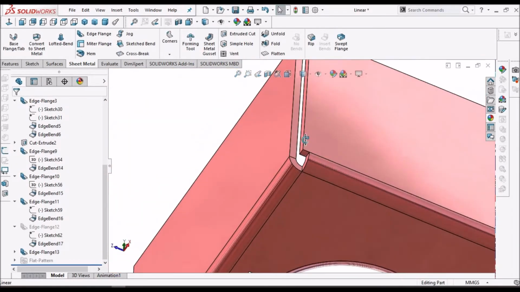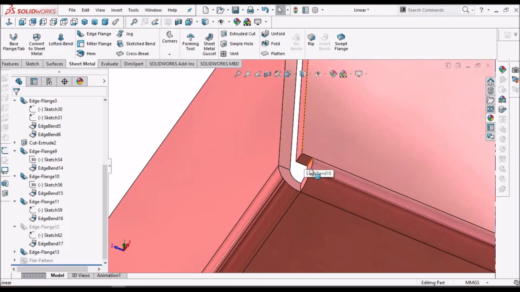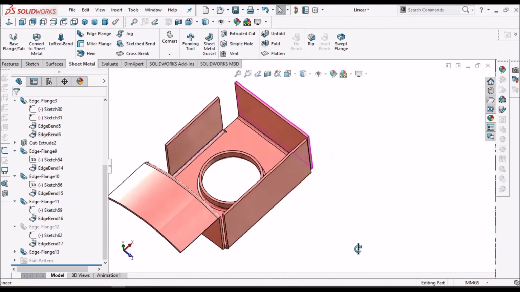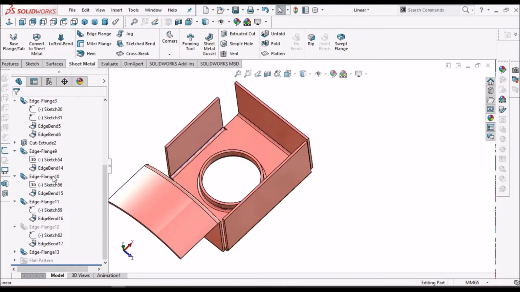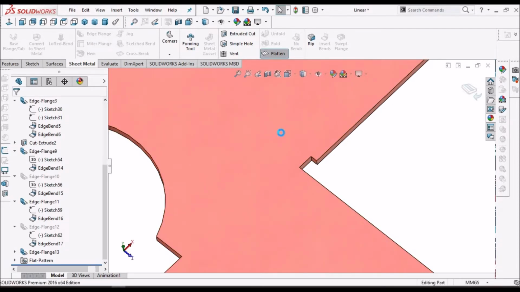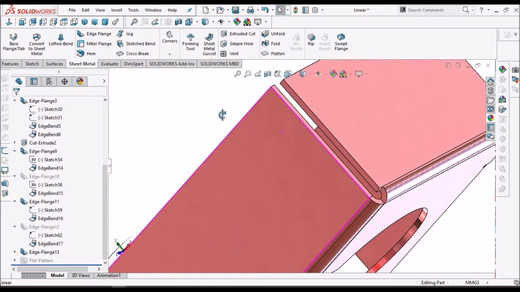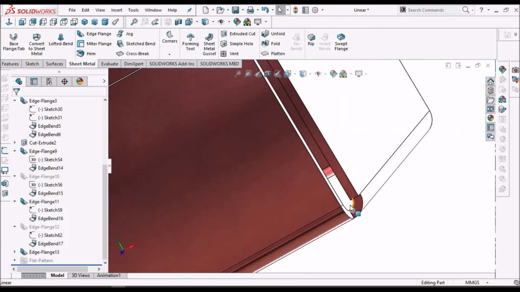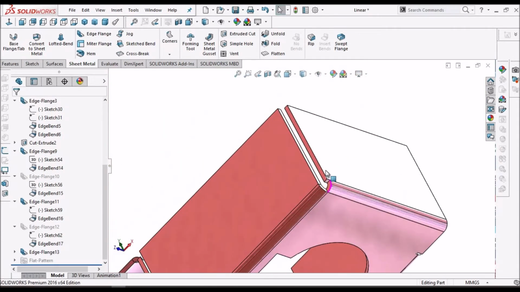See, after trimming, one side the material has been removed. So I'll show you the flat pattern. So this is how it looks. This is done during the cutting operation. Otherwise it creates a sharp edge over here while bending.